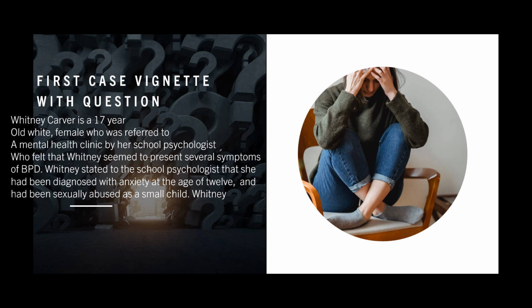Whitney lives with her mother, her stepfather, and a younger sibling. Whitney is a senior in high school. She is captain of her swim team, and she's also involved in her cross-country running team. Academically, Whitney has always done really well, but she has not been able to keep up with her work because